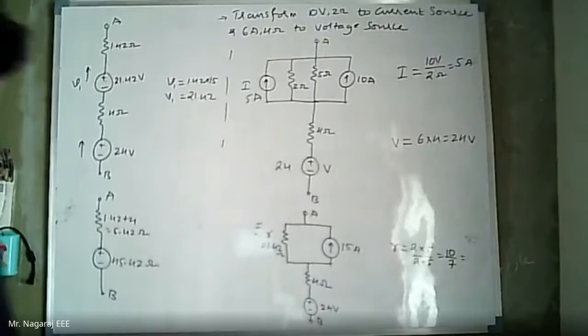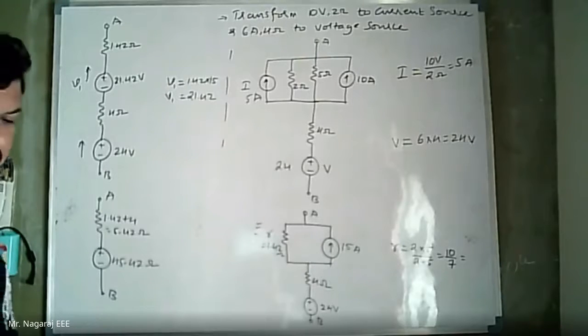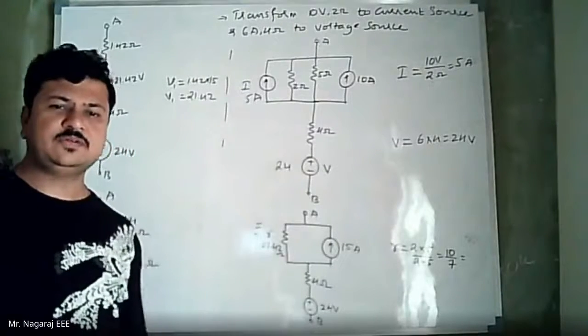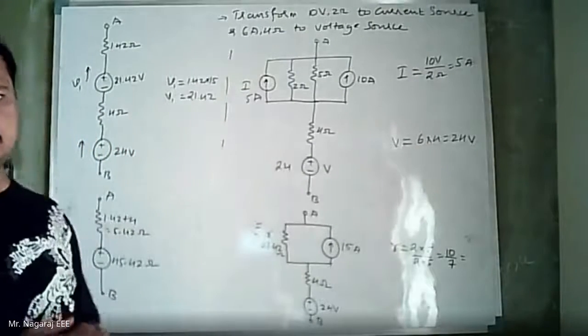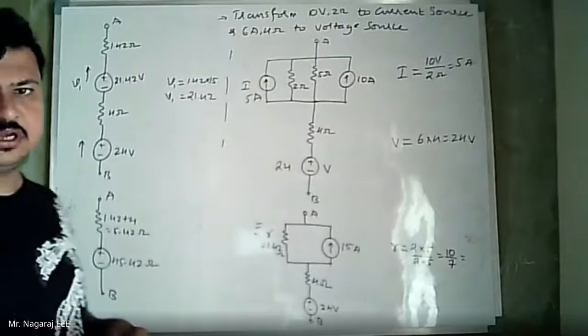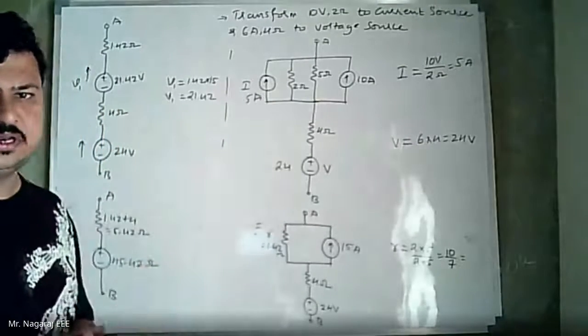So observe where at all I can convert from voltage source to current source. We should first observe which is more advantageous. When we go for circuit reduction techniques, as we move ahead with the solution, the number of steps should go on decreasing. There should not be an increase in the number of steps. So first we should recognize which sources must be converted from voltage to current or current to voltage. So that observation must be done.